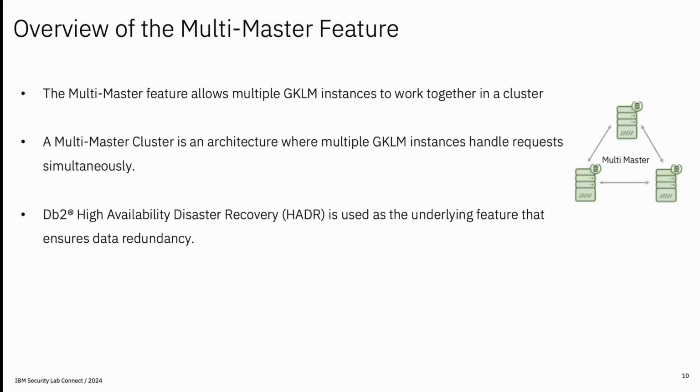Let's look at the overview of the MultiMaster feature. The MultiMaster feature allows multiple GKLM instances to work together in a cluster, which provides high availability, better performance, and disaster recovery capabilities. A MultiMaster cluster is an architecture where multiple GKLM instances handle requests simultaneously. Each instance in the cluster is capable of handling requests independently while keeping data synchronized